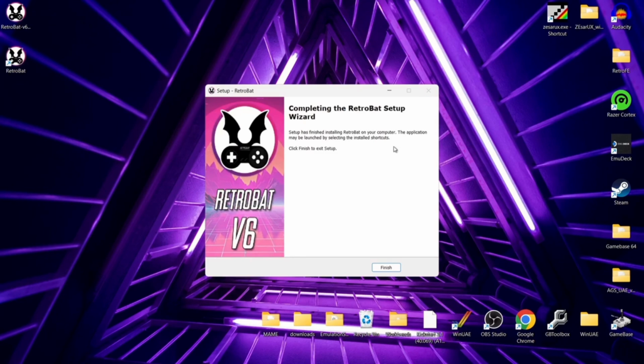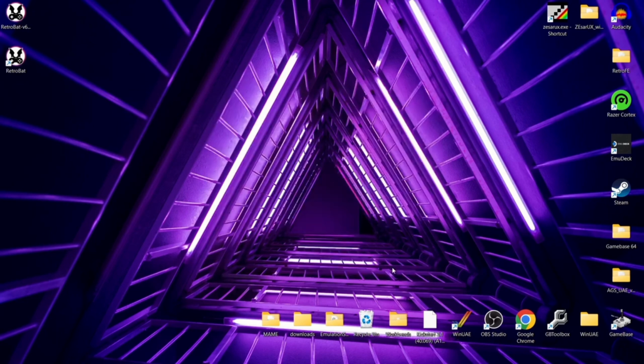Okay, and we are now completely set up. Now, before I go into Retrobat and show you anything else, I'm going to just press finish. Next thing you need to be aware of is that if you don't have Visual C++ installed, Retrobat isn't going